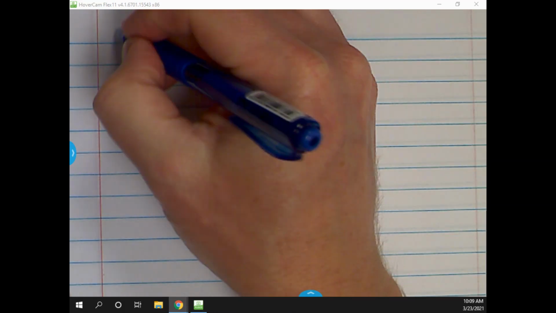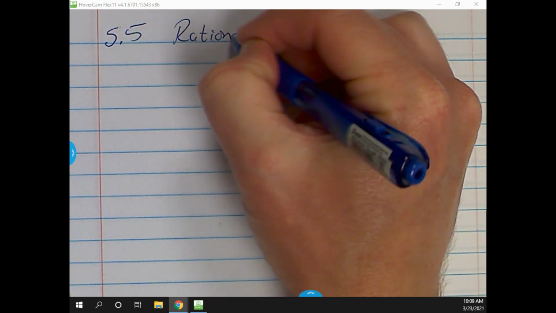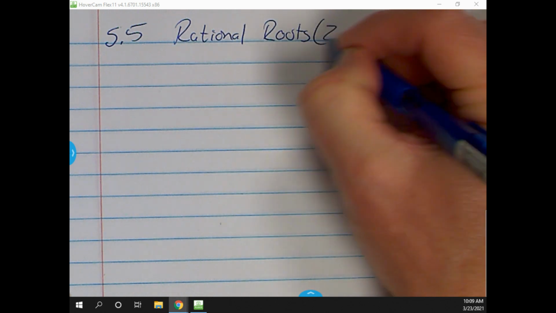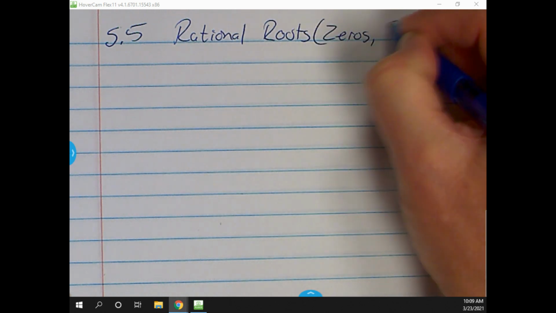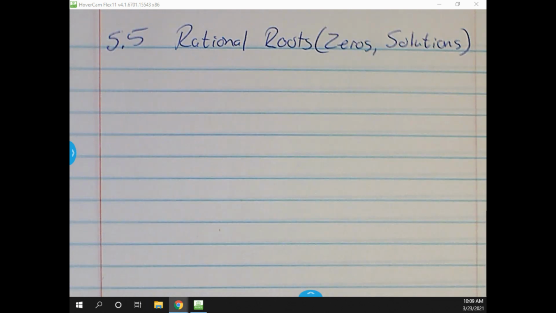All right, so 5.5 is basically we're finding rational roots. And remember, roots means that's the zeros, that's the solutions, that's the answers, whatever you want to call it. That we're finding out what x is. And again,